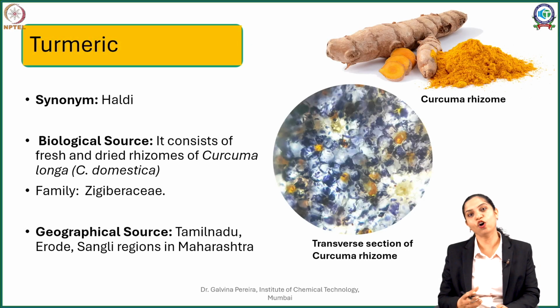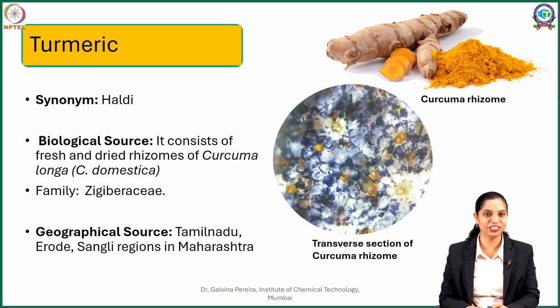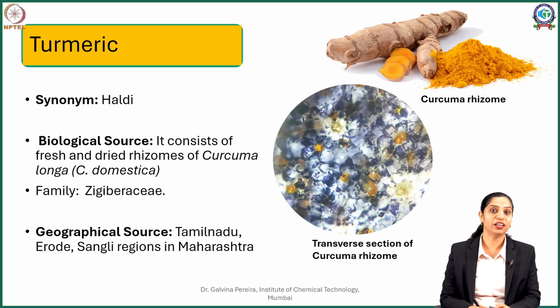Now the last oleoresin containing drug that we refer to is your turmeric. This is a very common kitchen condiment and spice, known for its brilliant bright yellow color. We often refer to it as haldi, and it's obtained from the rhizomes of Curcuma longa, often referred to as Curcuma domestica. This is also a Zingiberaceae family member, like your ginger, and it has less spiciness as compared to ginger, but it's more aromatic, and the medicinal effects of its compounds are many fold as compared to ginger.